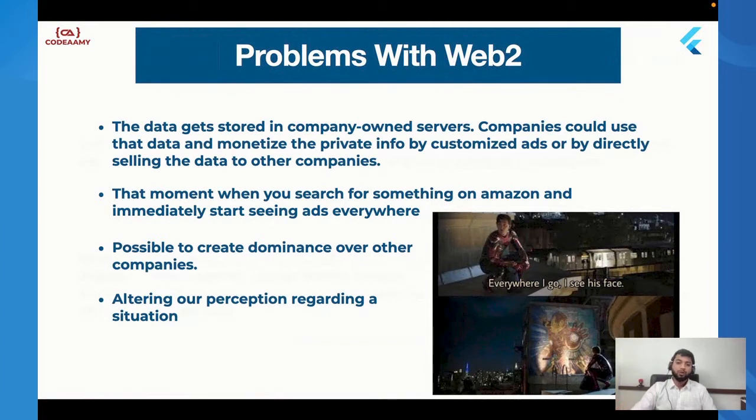So these companies could use the data stored on their servers, which we host or post. For example, when you're posting images on Facebook, that image or video is stored somewhere. No matter how much they say it's encrypted, we as developers know how the backend works. If someone wants to, they can deep dive into the backend and retrieve the information. For example, the moment you look at something on Amazon, you see ads for it everywhere on Google. Wherever I go, I see his face. Yeah, that is true. That was happening in Web 2.